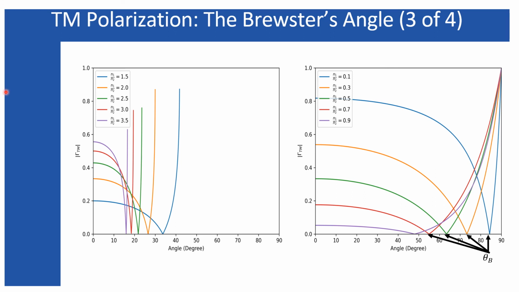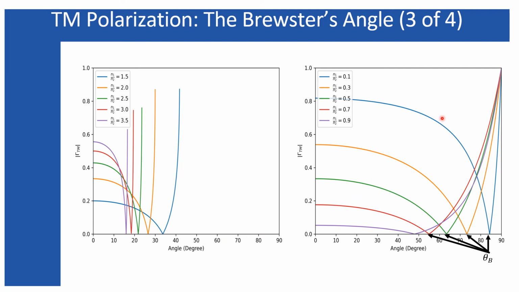However, along with that, for this second case we can also observe another phenomenon, that is the total internal reflection, because in this case the ratios are greater than 1. That means medium 1 is the denser medium and medium 2 is the rarer medium. So as the angle of incidence gets increased, obviously there is the possibility of total internal reflection.